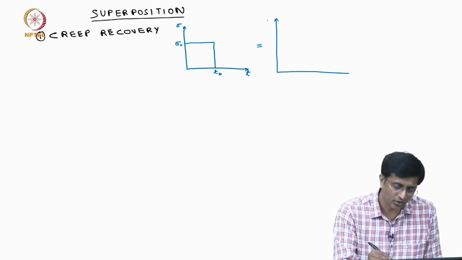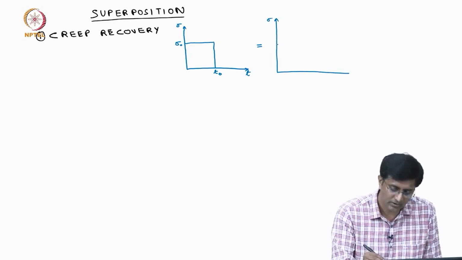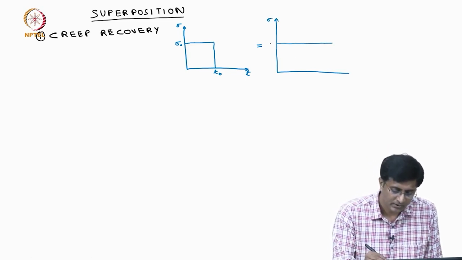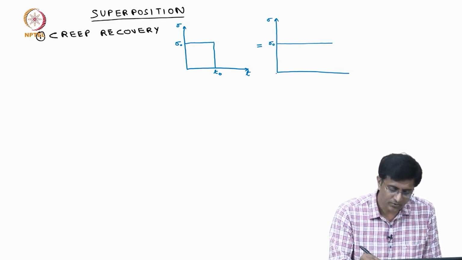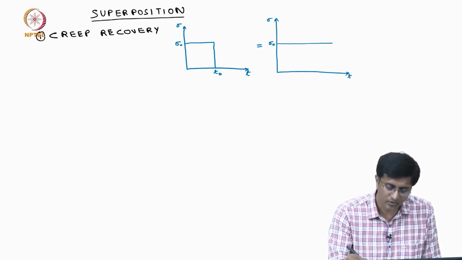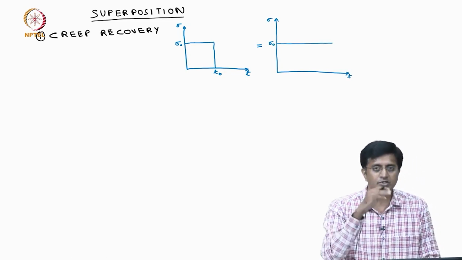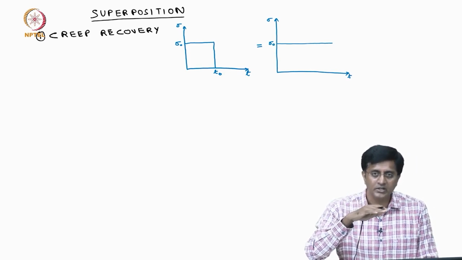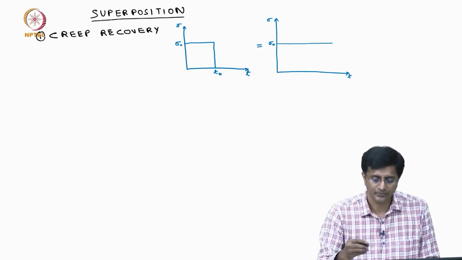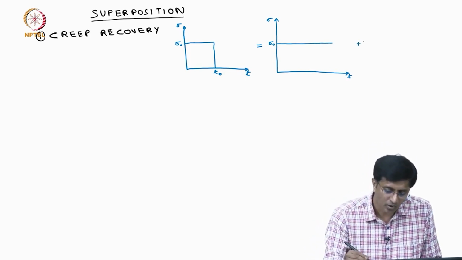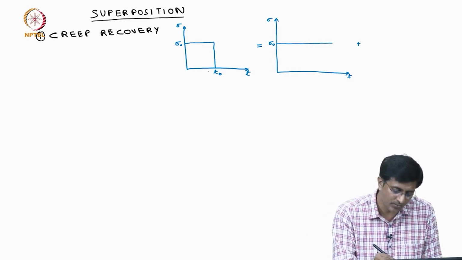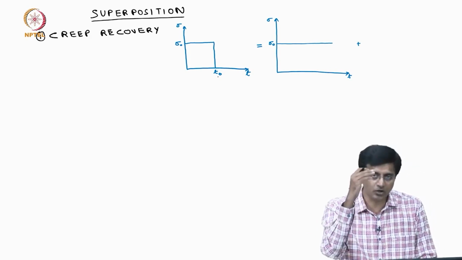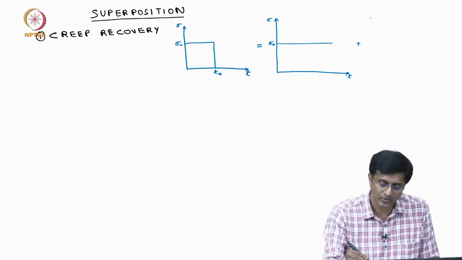First will be the normal creep load, saying that at time t equal to 0, we apply a load sigma naught, and that sigma naught is constant or remains present for the entire duration. But how do we bring in this information that at time t naught the load comes back to 0? For that,